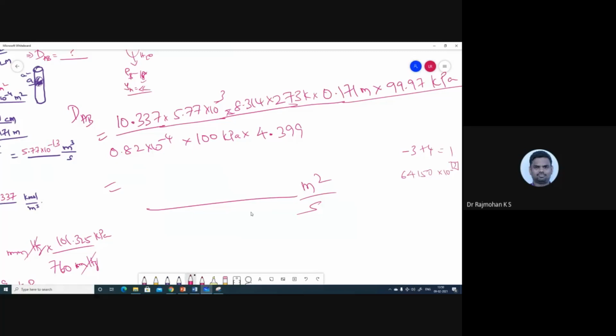Okay, so maybe here minus 13 is there, which I wrote as 3. That will take care, I think. Now it will be okay, right? Yes. That's what even I was thinking. So it is minus 7, so minus 7, 1, 2, 3, 4. So it is 10 power minus 13. Please correct that. So we will get in the range of 10 power minus 6. Okay, 6 point something into 10 power minus 6.